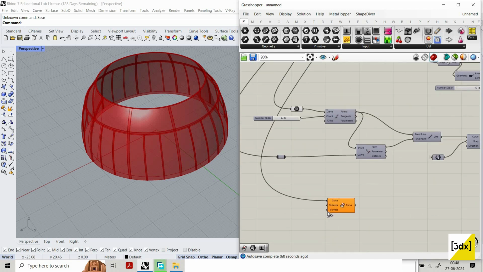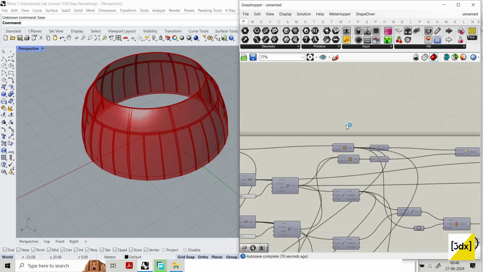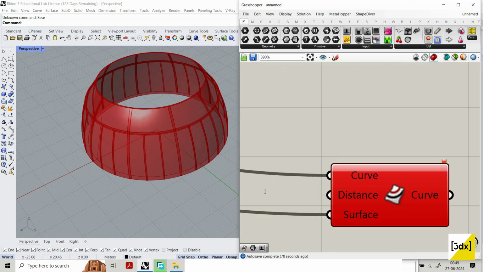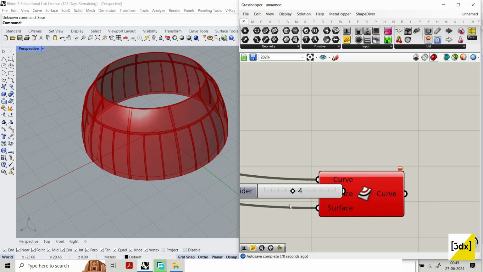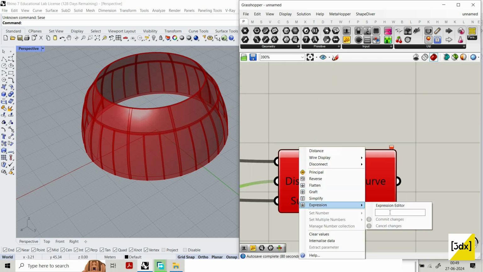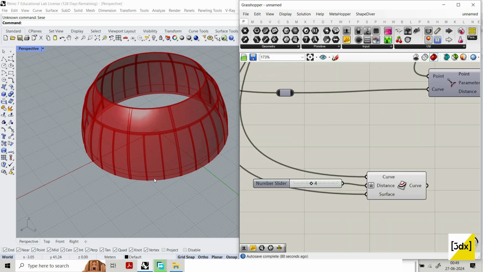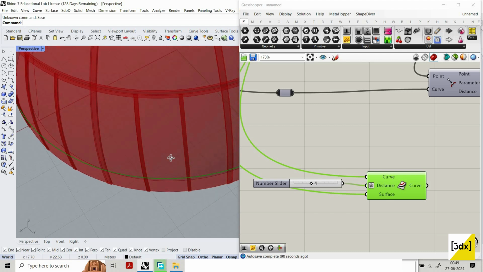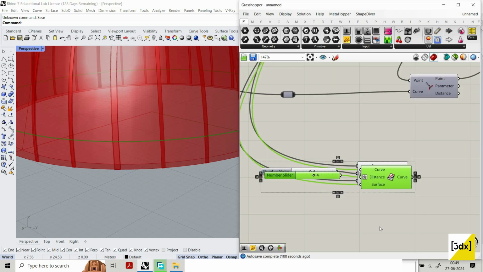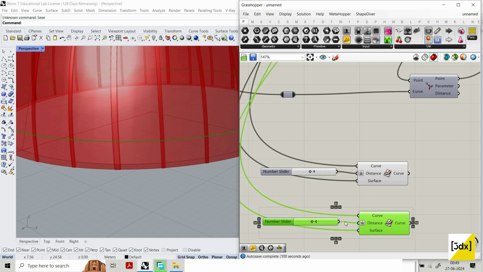Offset this and we're going to create a surface. So we're going to connect the surface. Curve offset field. Let's give the value maybe like some values. Let's give a negative value. Yeah, it works right now. So if the value is positive, it goes below and there is no surface, right? So that's the problem. So the same way we are going to create the same like